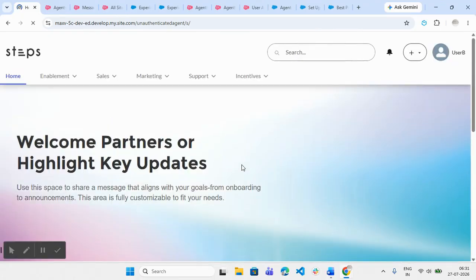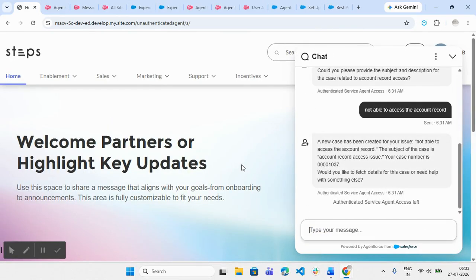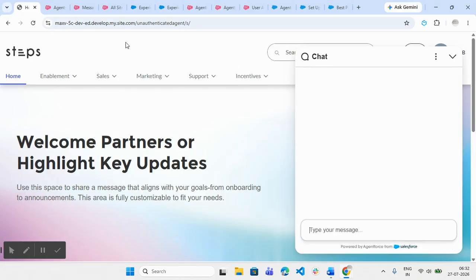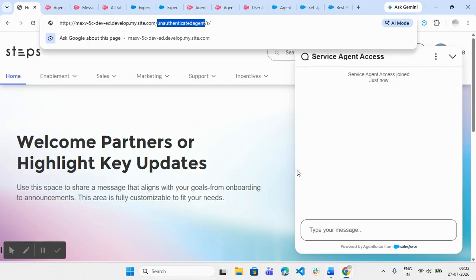So just to be clear, authenticated is like a user who is logged in as a verified user, logged in with the credentials, and unauthenticated is running in the agent context. User context is running on the authenticated user, unauthenticated users run on agent context. So in this chat, let me start a new conversation. So this is an unauthenticated agent